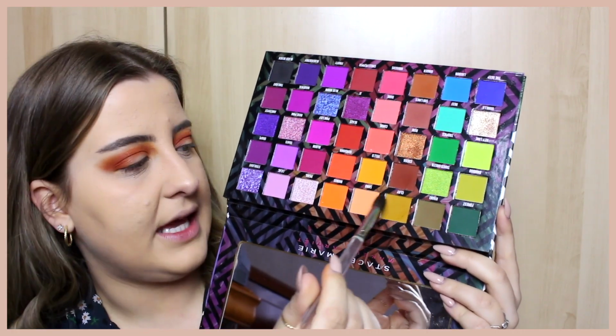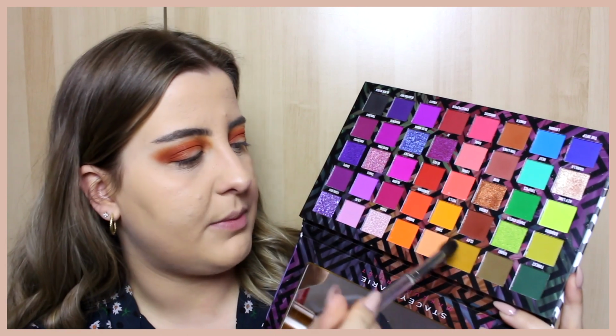I just take a bigger fluffy brush and this mustard shade again to try and blend everything together better. Anyways, so yeah,